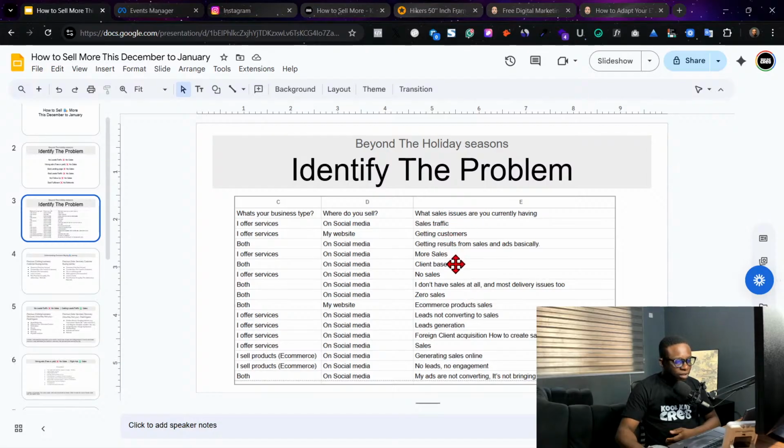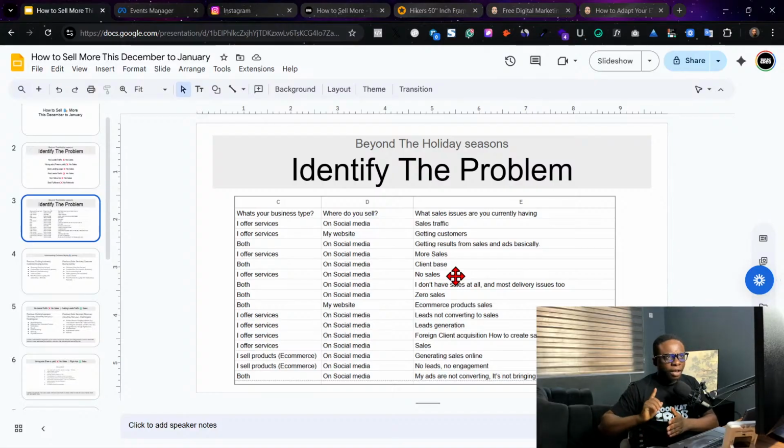They almost have similar problems, but I know everybody has a different place at which they have their problem. Some people may have their problem from their ads, or they are running bad ads. Some people may have their problem from not even having a website or selling on social media. Even if it's Bumper, go and register, go and sell on websites. It will save you. If you don't know how to use it, use one month to learn how to use their platform. Then, if you're selling services, look for a platform that can easily give you a template, something you don't spend much on, because I know you don't have money. But if you have the money, fine, build a big website, right?